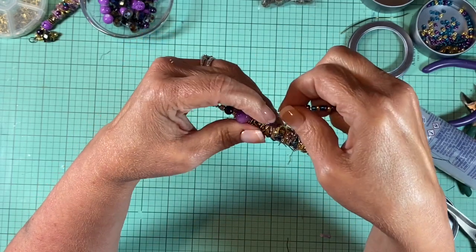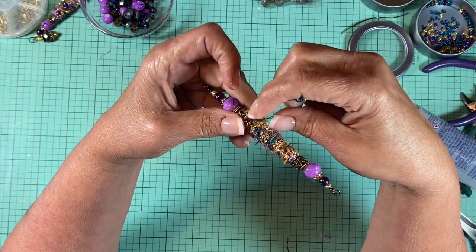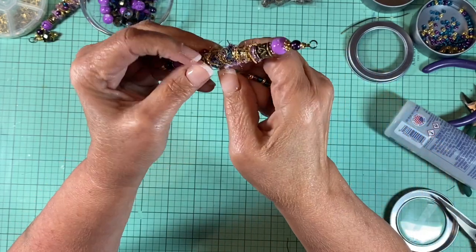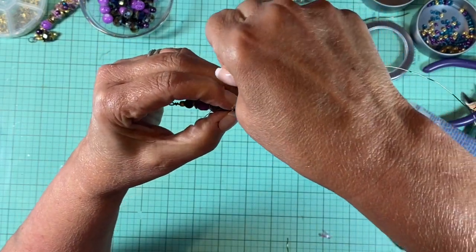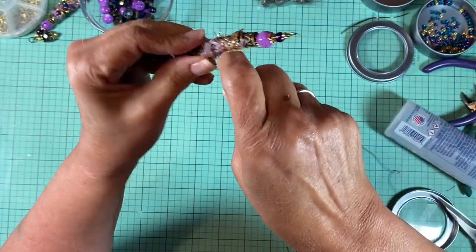And I am just going to wrap this boho bead. As I'm wrapping it with the wire, I'm separating the beads and putting them in there, okay? So I'm wrapping it tight, and I'm pushing the little beads as I go around. And you kind of have to...